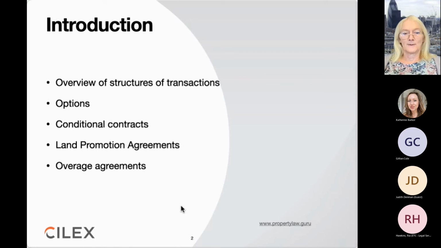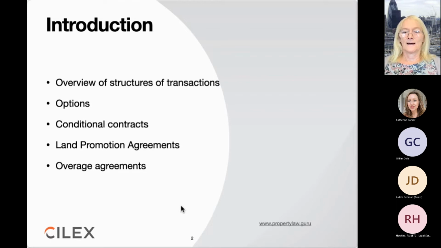So what happens with a land promotion agreement is the builder and the seller of the land say, let's work together on this. Let's agree on what we're going to apply for planning permission for before the builder does it. And in fact, what the builder is going to do is be more of a developer than a builder. He's not going to build the land himself. He's just going to get the planning permission, which increases the value.